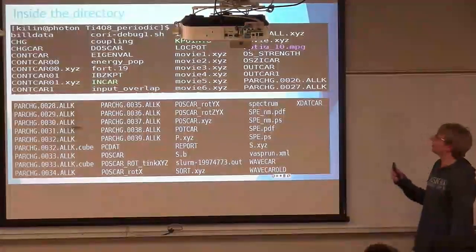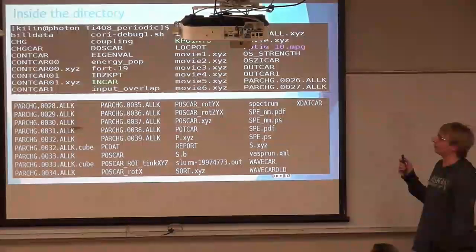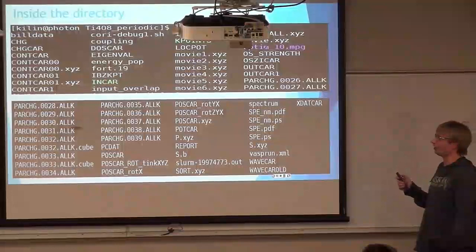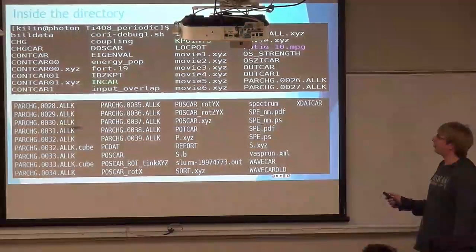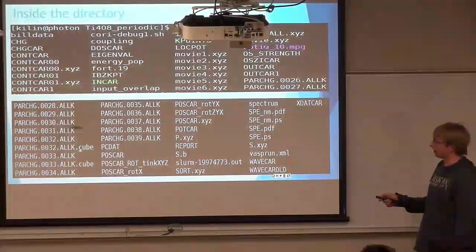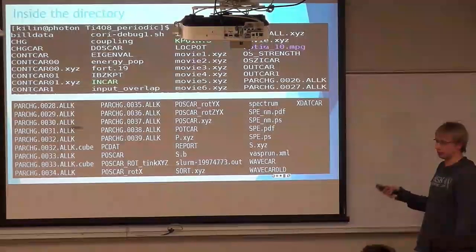This is inside the directory. This was taken after I ran everything, so I'm not entirely sure what should and shouldn't be there right now in the presentation. The important parts that we want to look at for the VMD that I put in were the CHGCAR, CONTCAR, and then I can't remember if the cube files or just the regular version, but these files here are what we're looking at in the presentation of the partial charge.